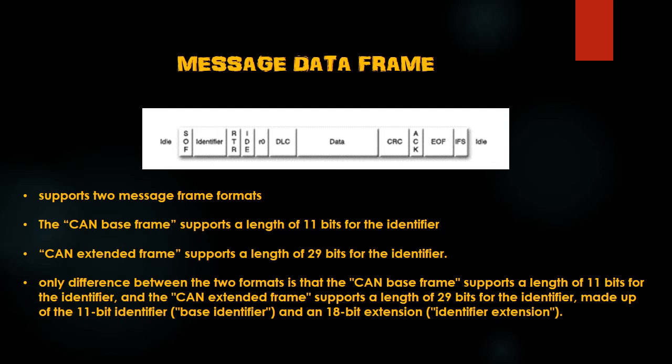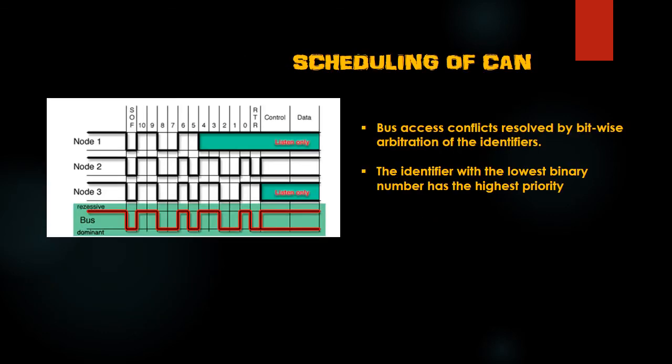It is basically a checksum, which is an error detecting code to detect any unusual patterns and to maintain parity in the output. It is similar to the checksum used in coding languages to see if any part of the data is lost during transmission. Now I'm going to speak about scheduling of CAN.